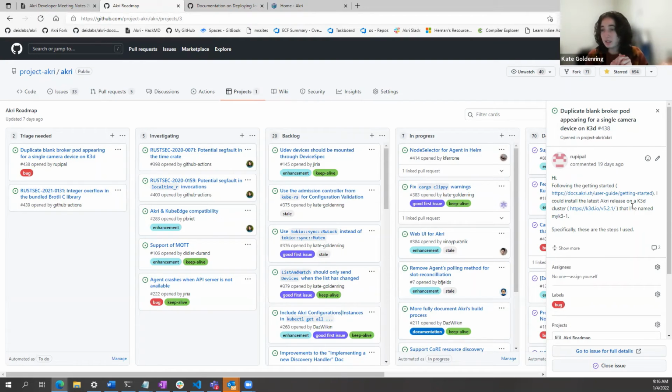Any thoughts here on how we should approach this? Or does anyone know of any other devices that have this scenario happening? I've only seen it with USB cameras, but maybe sound devices, for example. Some people may want to mount the whole sound directory, even if you're using just one speaker. It may need access to all these different parts of the directory, and you may just want to declaratively mount the whole directory.